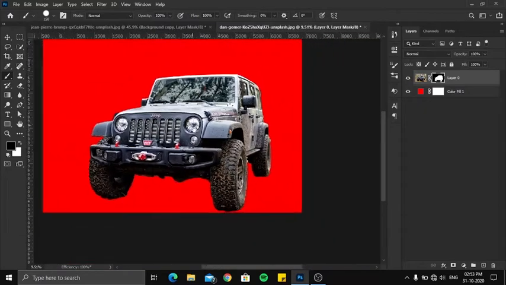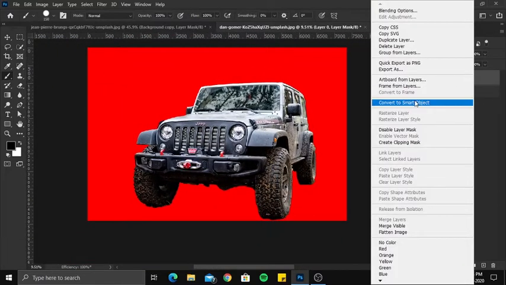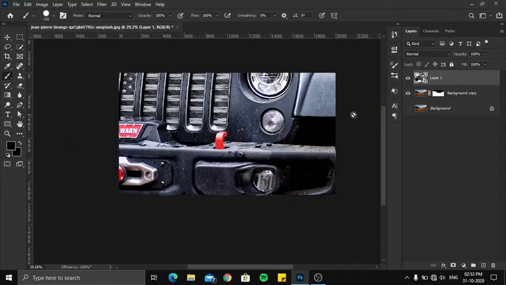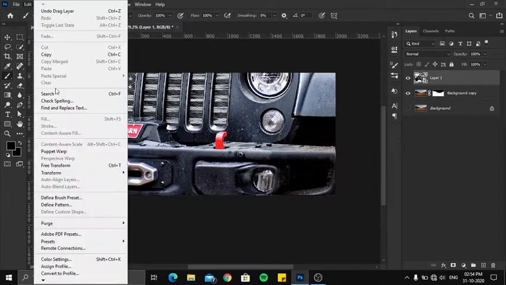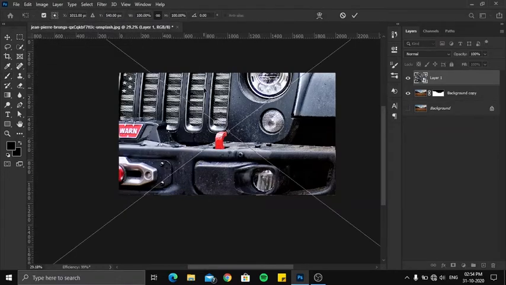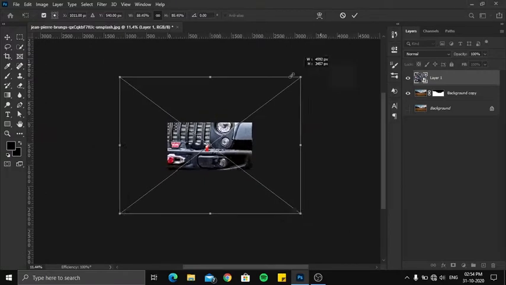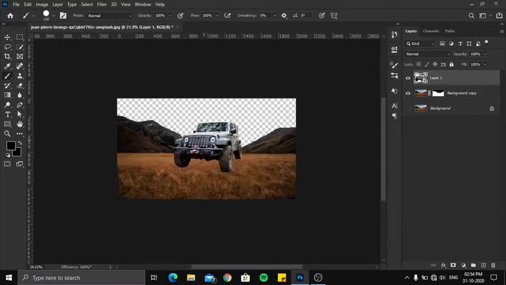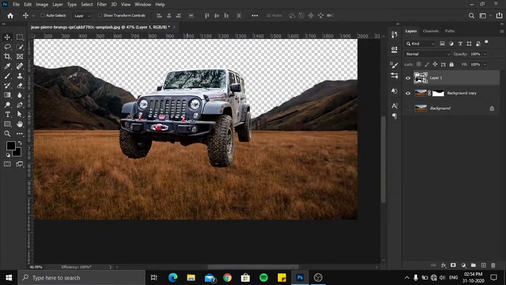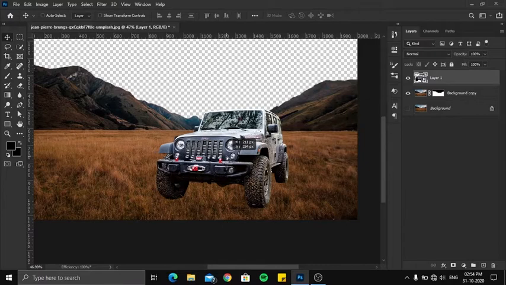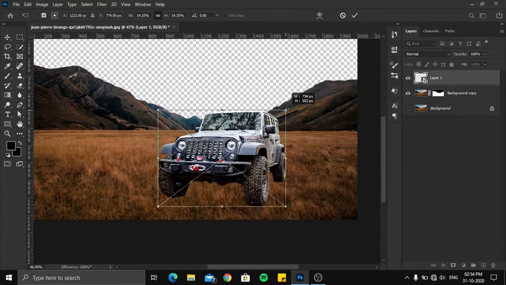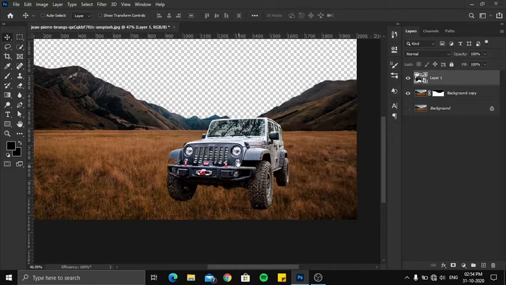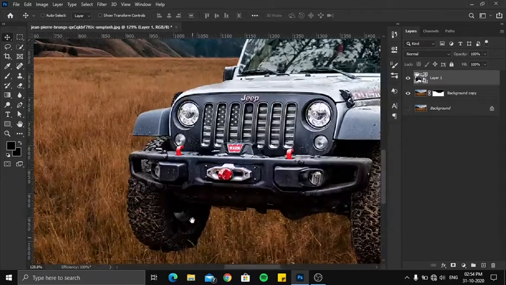Everything else looks pretty fine, and I'm gonna go with that. Now let's convert it into the smart object so we don't lose any quality while transforming it. Place the subject on the background and go to edit, transform and scale. You may press Ctrl+T as a shortcut for transform, and adjust it according to your image, and click on the right or hit enter when you are satisfied. Place it in the correct position. I think it's a bit bigger, and I'm gonna scale it further. It looks fine to me now, and now we're gonna blend it with the background.